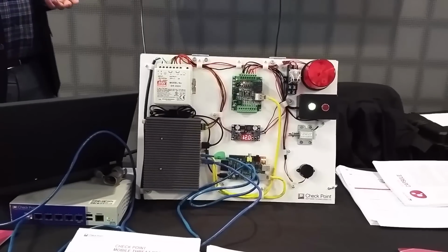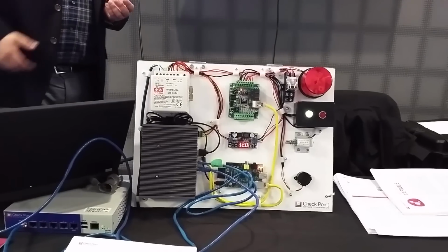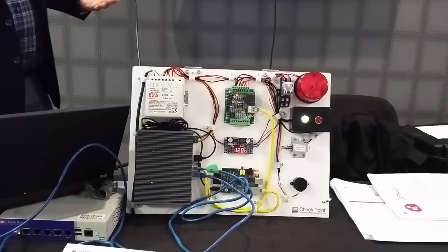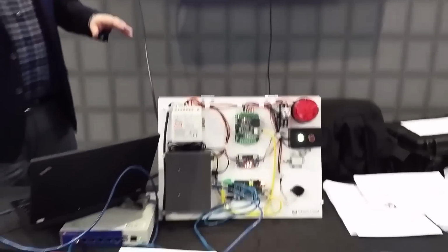And because my background is with IT, I needed to get some of that hands-on training or that hands-on knowledge, so that when we did develop attacks which would specifically target these PLCs, we could see what that